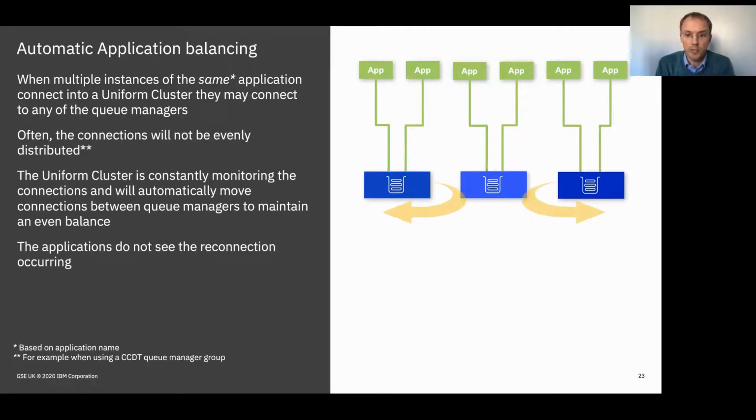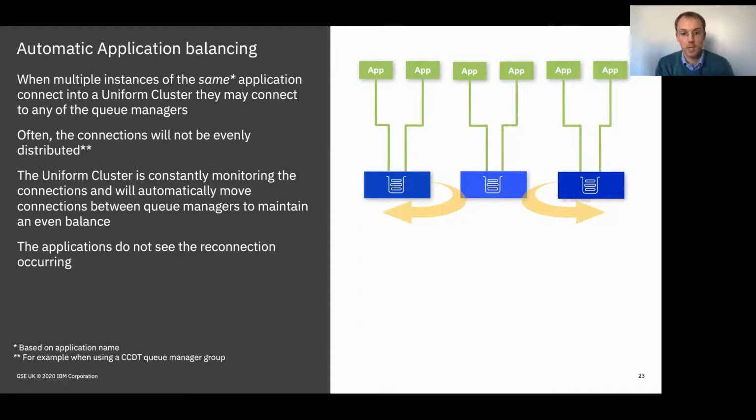So one of the features in a uniform cluster is that the queue managers within the group exchange information about the applications that are connected to them, and then they can use that information to initiate reconnects for those applications to rebalance them for optimal distribution. So in this pattern, a queue manager can actually request the application, or more specifically the MQ client that the application uses, disconnect and then reconnect to one of the other queue managers to even out the distribution of those